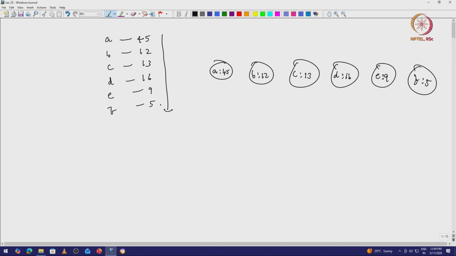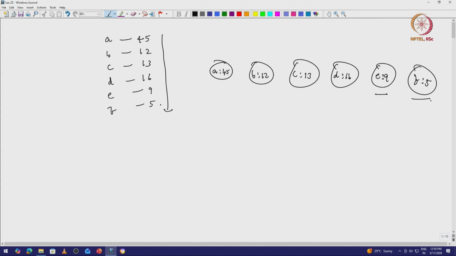So, let us start with them as independent nodes. Now, we are going to build a tree. For the final tree, all these things will be leaves. So, we are going to combine, all right. The way in which you are going to combine is, we will put together nodes with least weight. So, take the two least weight nodes